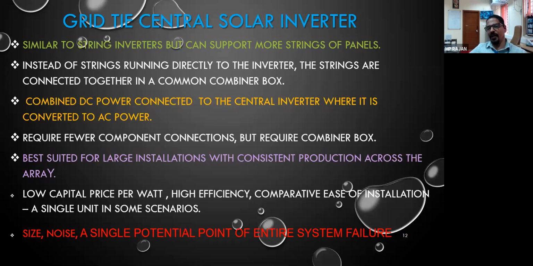Temperature is the enemy of the inverter. The inverter itself produces heat, and if it is kept outside in the sun, it will be heat affected. That will affect the efficiency of the inverter, and the efficiency will come down. So you should give complete weather protection, it should be temperature and heat resistant, and you have to keep all the protection. And this inverter, as I said, is a power conditioning unit. It has so many functions, as I explained earlier.